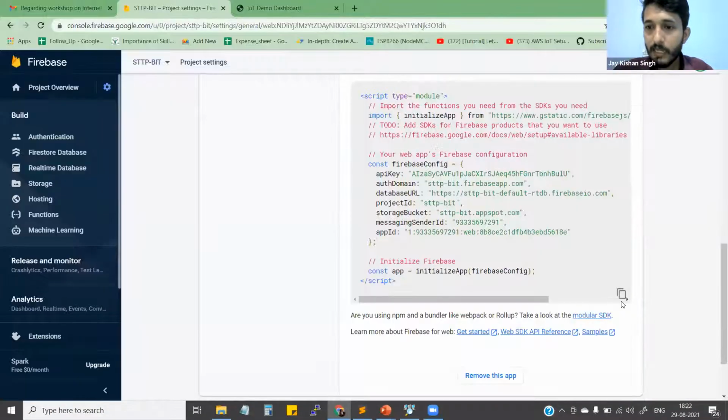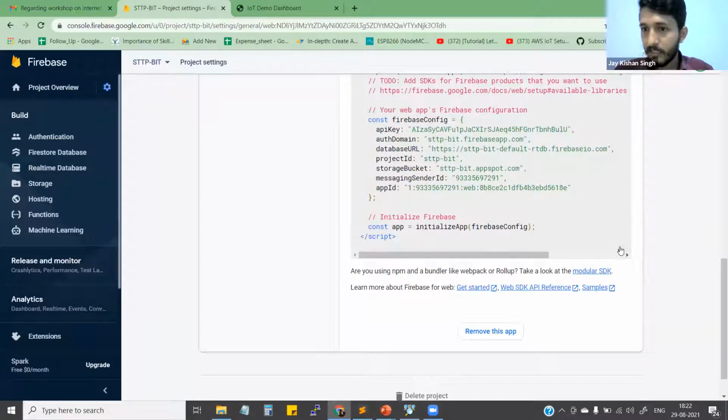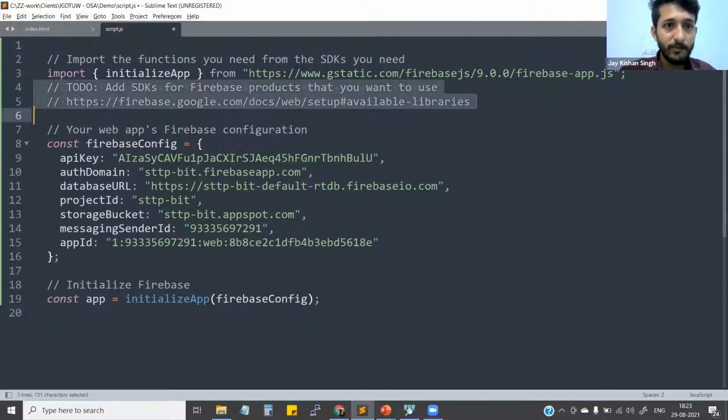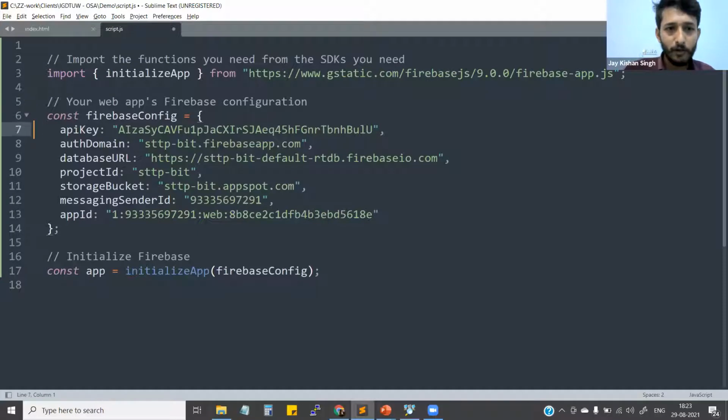Okay, fine. So I'm just going to click right here. After clicking, all the stuff got copied. I'm coming right here and pasting it. See, I just pasted everything right here, but just understand, as we are already inside a script file, I'm just going to remove this script tag. If I was not in a script file, I would keep that. If I was using an HTML file, then I would have to keep these script tags. But as I'm already inside the script file, it's not required. So I'm just going to erase this one, and remove all those comments also, so it becomes easier for you to see and understand, right?